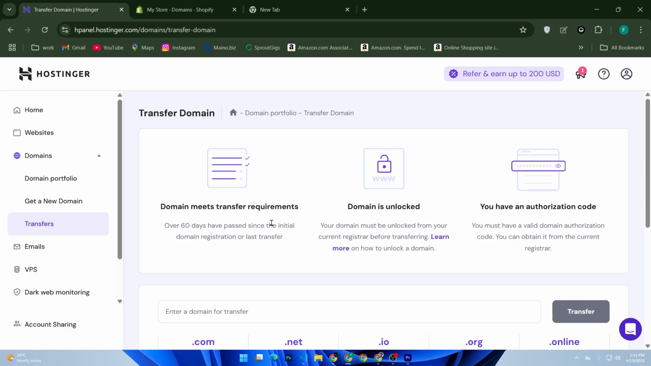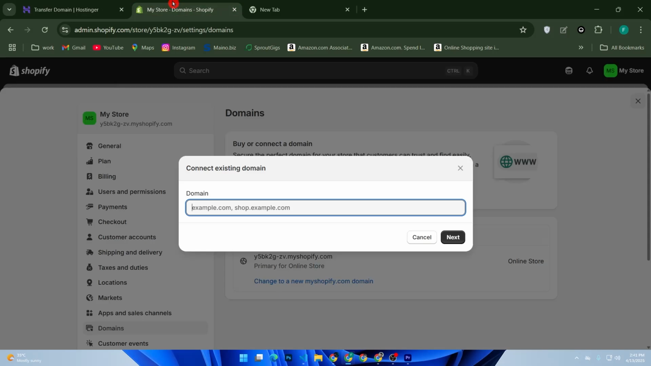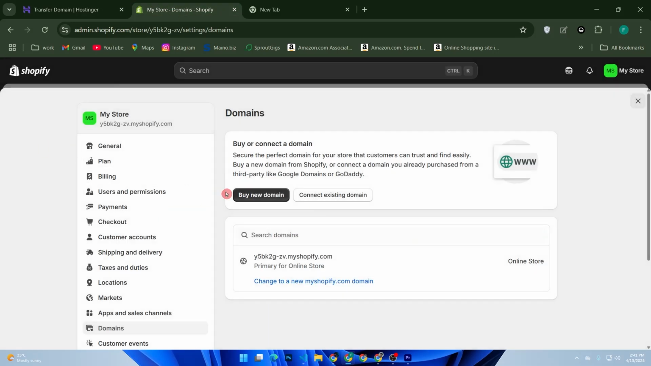Go back to Shopify settings and click domains. Click on the domain you entered earlier. From here, hit verify connection. Shopify will now check the DNS changes. This usually takes a few minutes, but in some cases it could take up to 24 hours